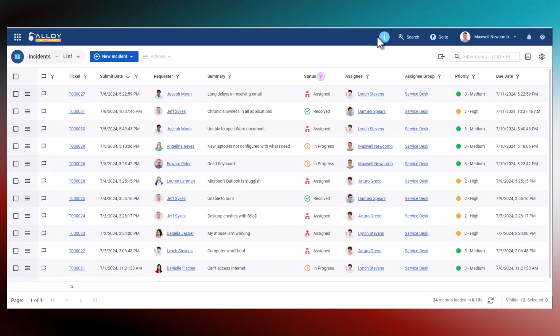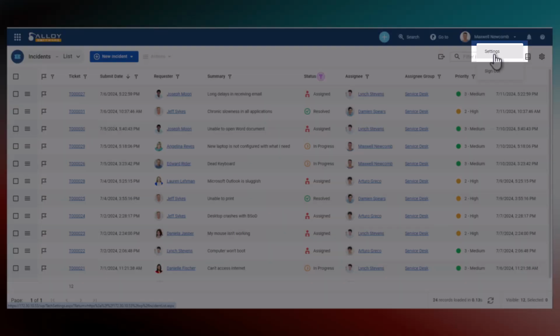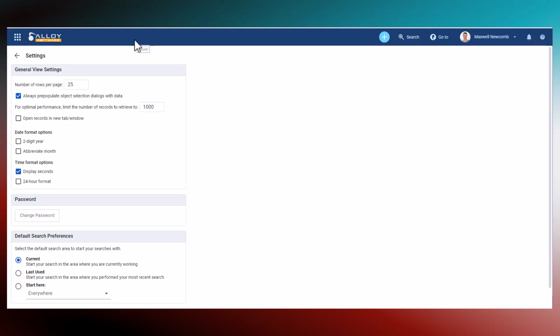Some of your personal preferences for reviewing records can be controlled from the Settings page. To optimize your data viewing experience, the Settings page offers a range of customizable options tailored to your personal preferences. Here you can define how many rows you're displaying per page. You can also pre-populate object selection dialogs for faster and more efficient data entry.